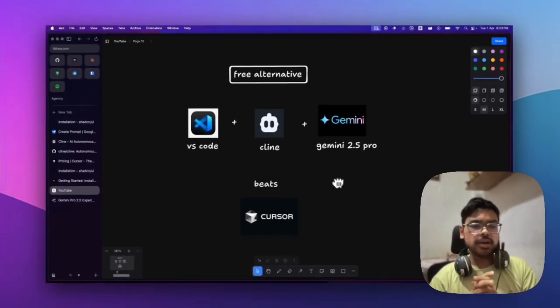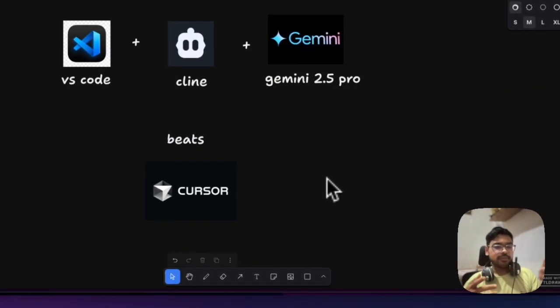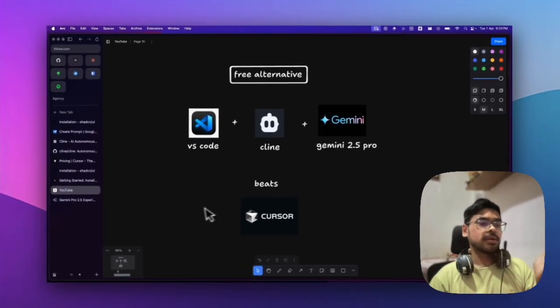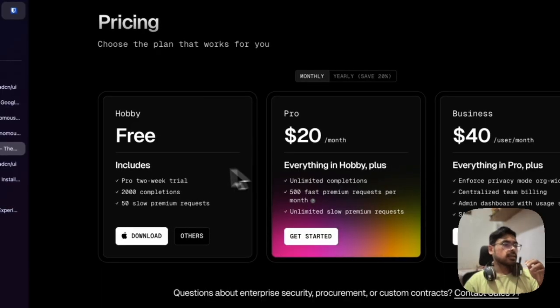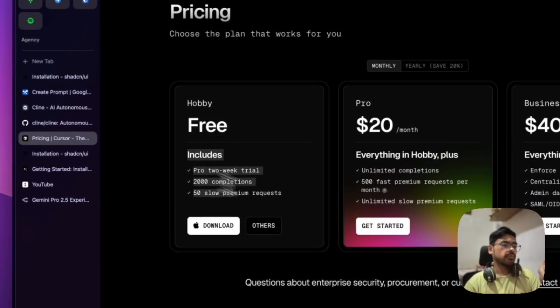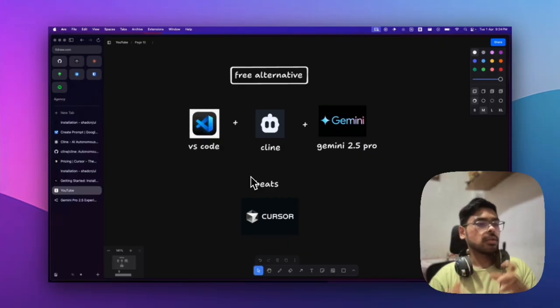...be discussing a free alternative to Cursor. You know, Cursor is not free, and vibe coding, AI coding, everything is going on, but Cursor is not free. Let me show you the Cursor pricing. That is around $20 per month, and the free tier limit is very less. So in this era of AI coding and vibe coding, we need something like a free alternative, and